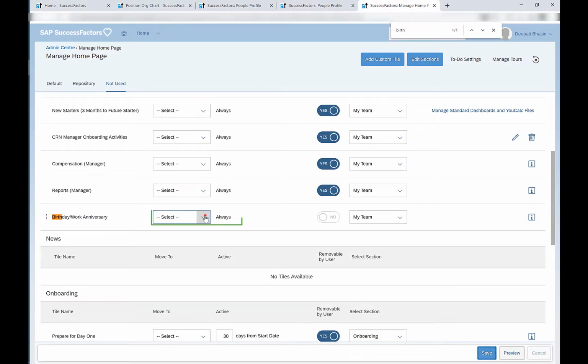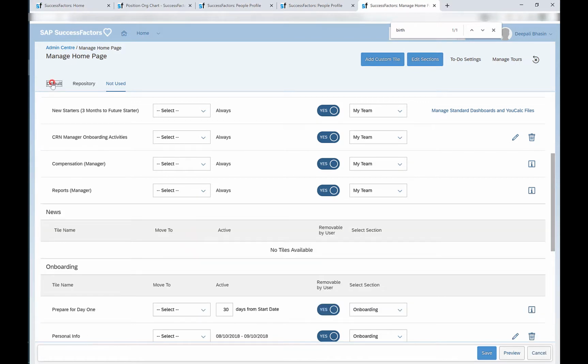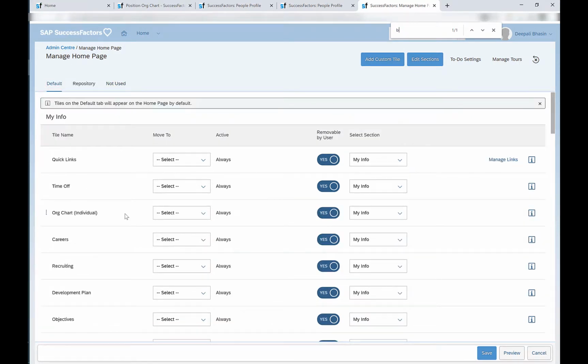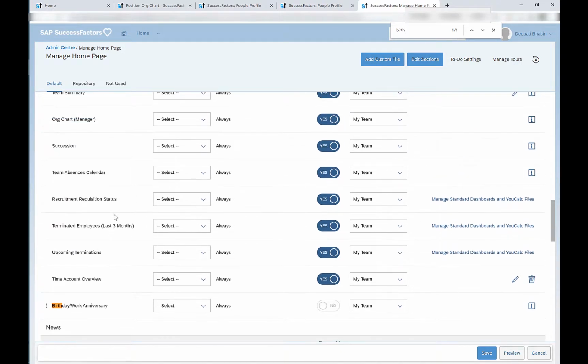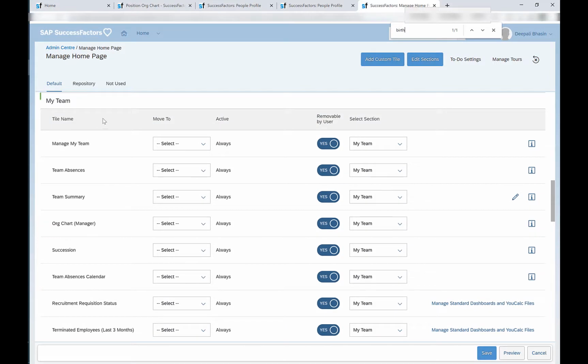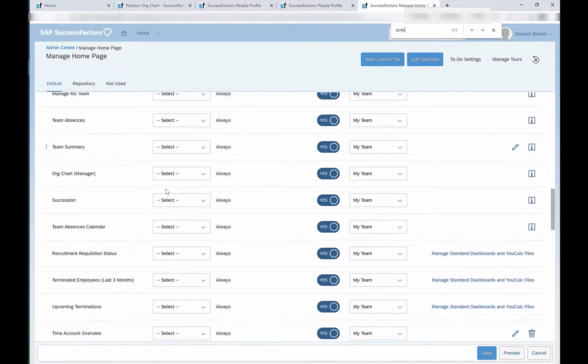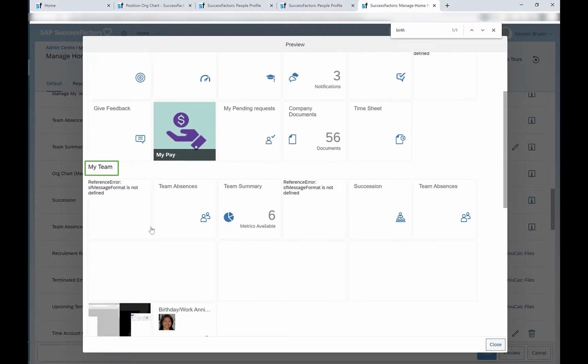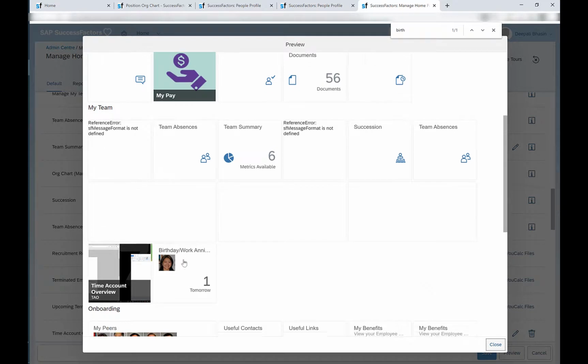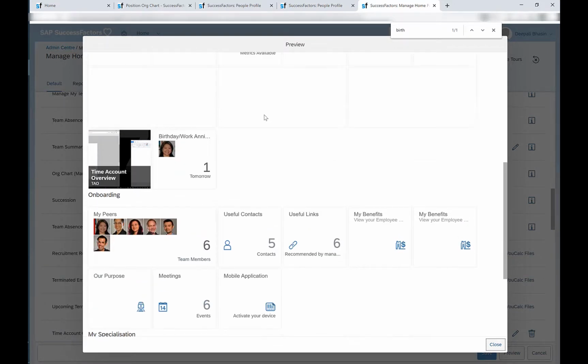In order to enable the tile again, I will select default, and if I go to the default tab, I can see that the birthday or the anniversary tile by default comes up under the My Team section. This is how it has been designed. So if I click on preview under My Team, I can see that the birthday or anniversary tile is available. And this is just a preview.